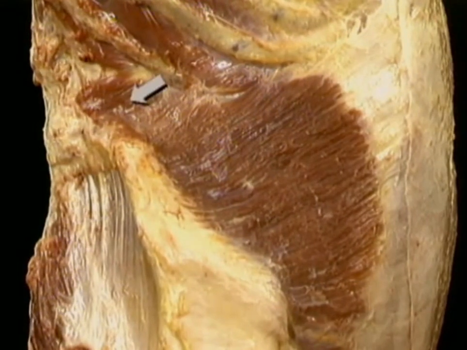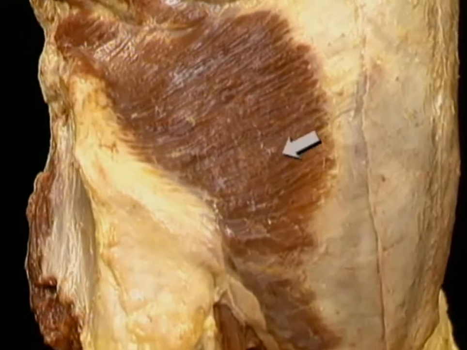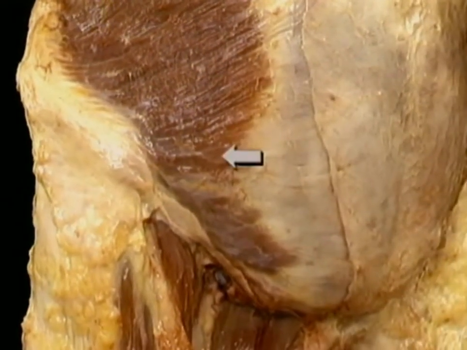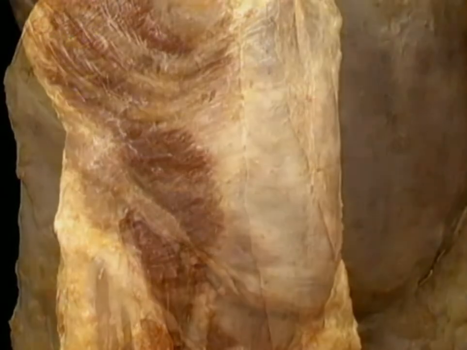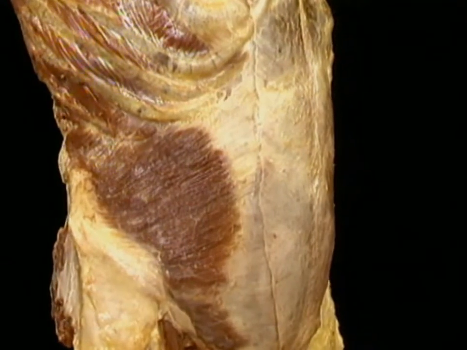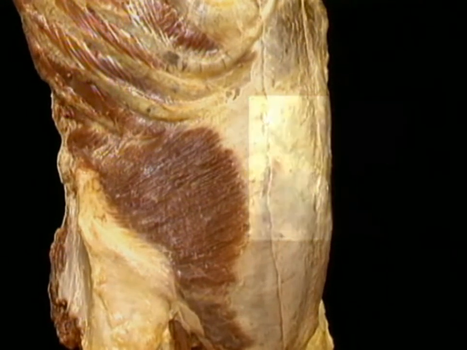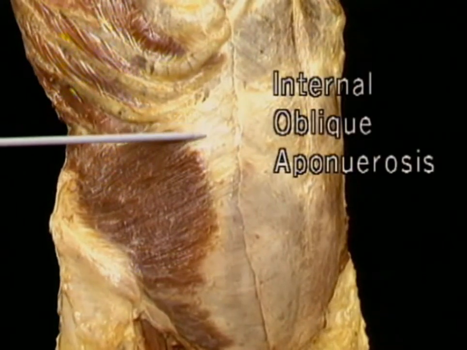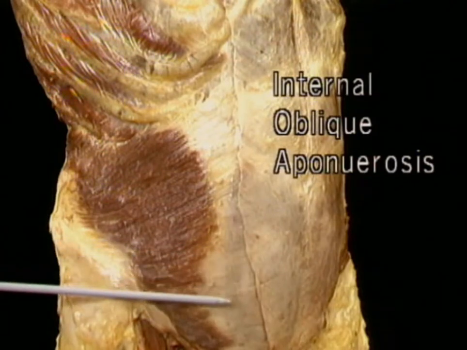Back here, the fibers of the internal oblique run steeply upward. Here, they run less steeply. Here, they're transverse. And here, towards the inguinal ligament, they run downward. The highest fibers of the internal oblique insert on the lowest three ribs. Its remaining fibers end in this internal oblique aponeurosis, which, as we noted, fuses on the underside with the transversus